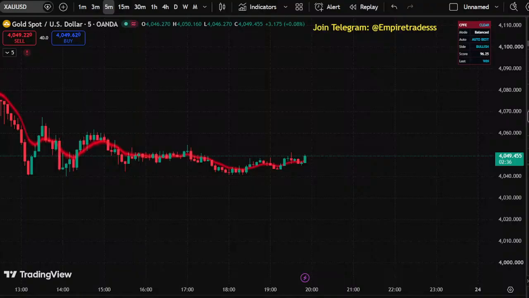The Gulf War in 1990–1991 also had a notable impact on gold prices. When Iraq invaded Kuwait in August 1990, it prompted fears of a prolonged conflict in the oil-rich region. The uncertainty and potential disruption to global oil supplies led to a spike in gold